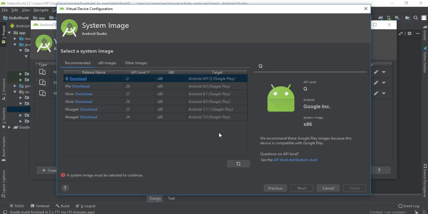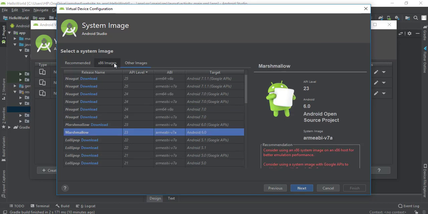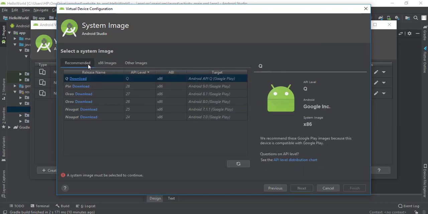Here comes the system image part. A system image is something like the operating system in our real devices, but in virtual devices we have a system image, which is pretty much similar to that. We need to download one of these system images. We can also download x86 and other images, but Android Studio recommends downloading from these